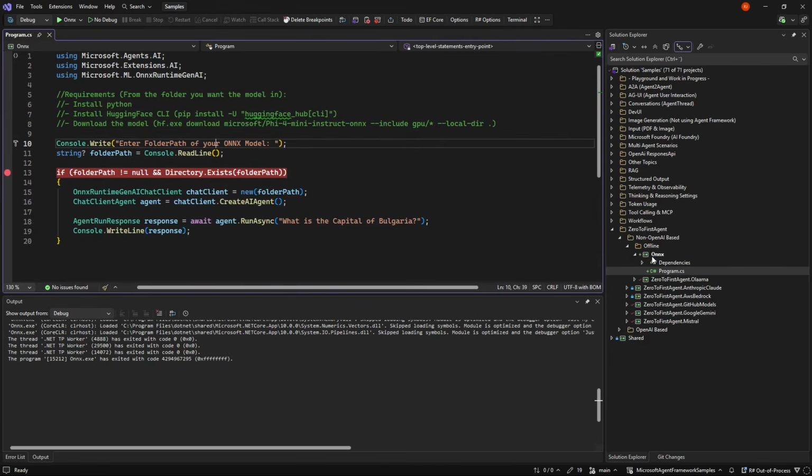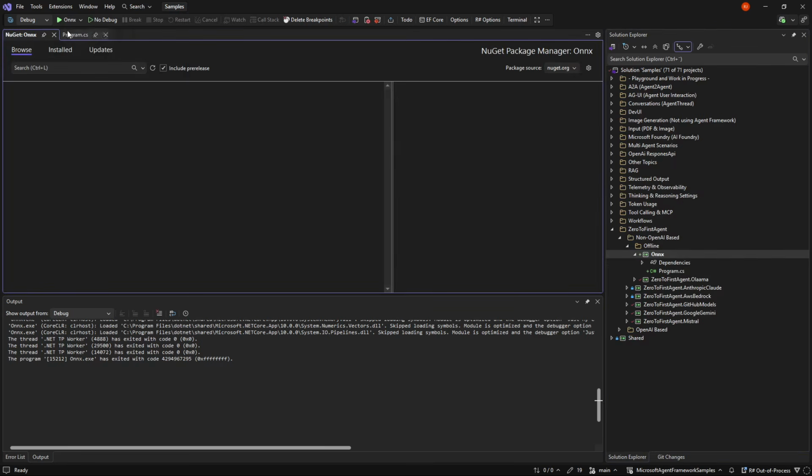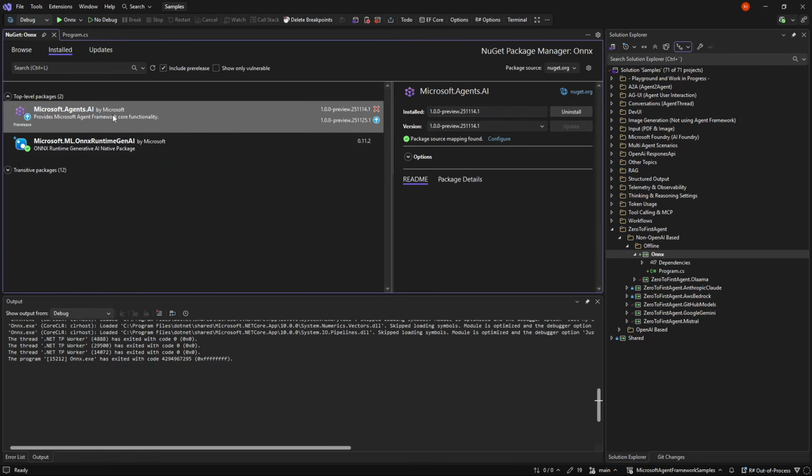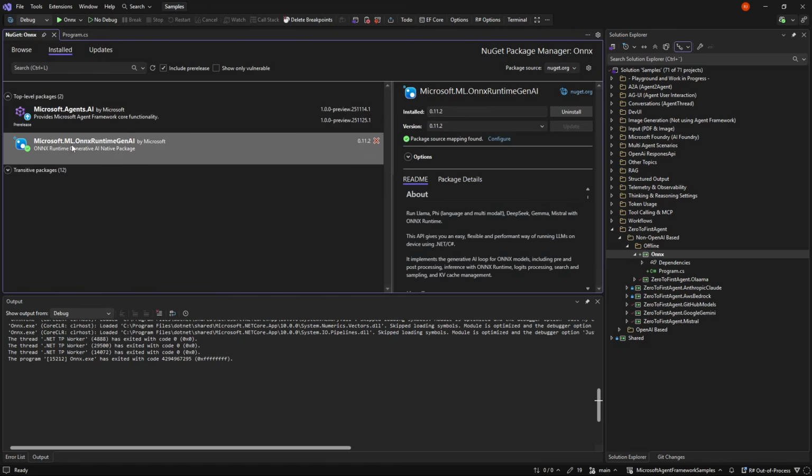But ONNX itself requires a few NuGet packages. If we look over here, we use the Agents AI like normal, and then we have Microsoft ML ONNX Runtime GenAI, which can run ONNX models.